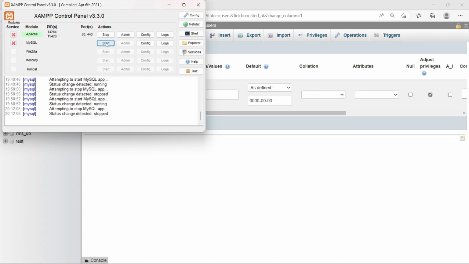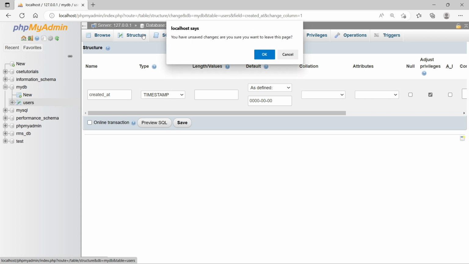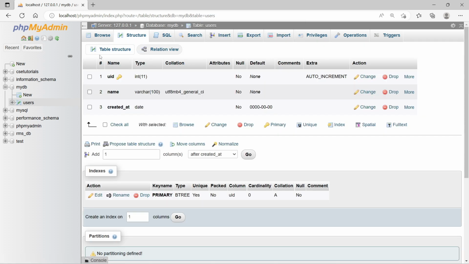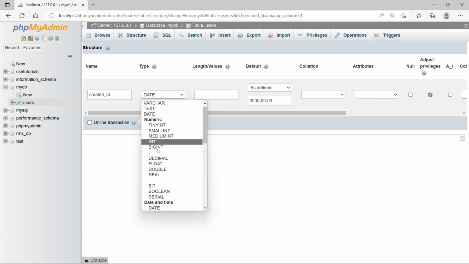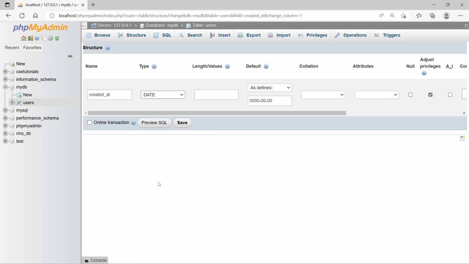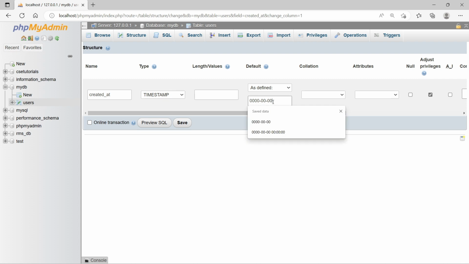So I will restart my MySQL services, and now if I try to do the same thing, I will go to the created at column and change it to timestamp. If I now provide zero values here, you will not get any error.